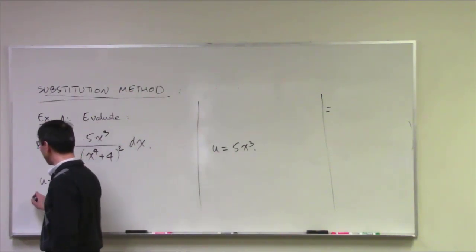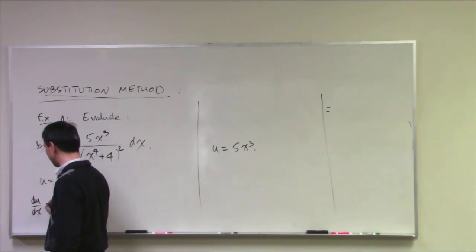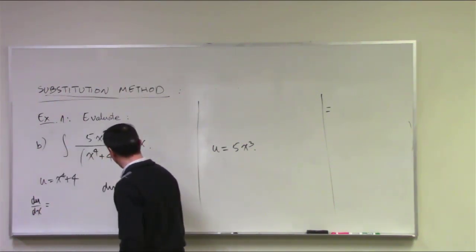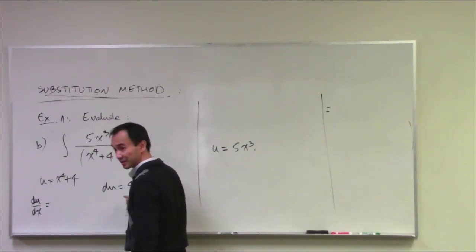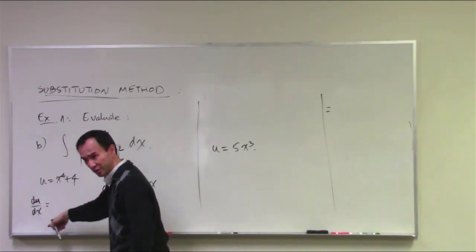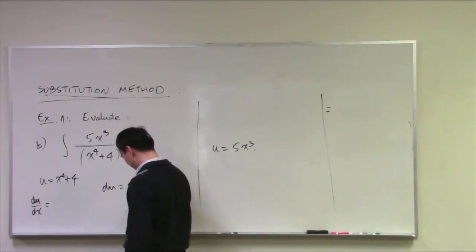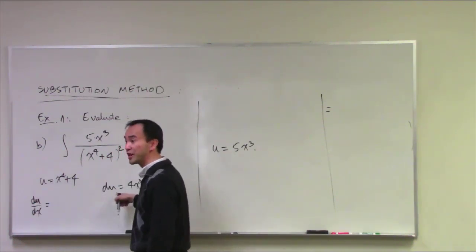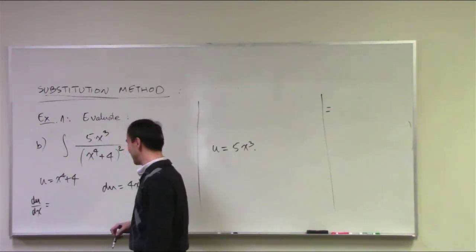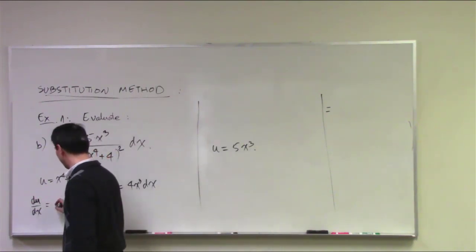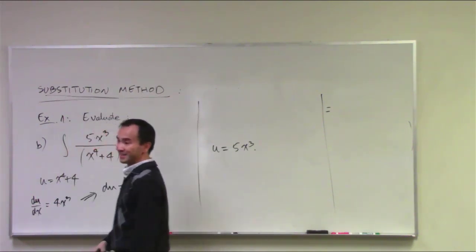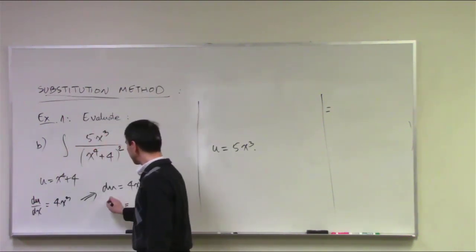So now we're looking at what? du over dx. Later on, when you get advanced enough, I can just skip that line. You can just write du equals 4x cubed times dx, instead of going directly into the derivative like this. That's where you already rearrange the two differentials. But let me stick with the more traditional way here. So 4x cubed, and then you rearrange that, making it du over 4x cubed,